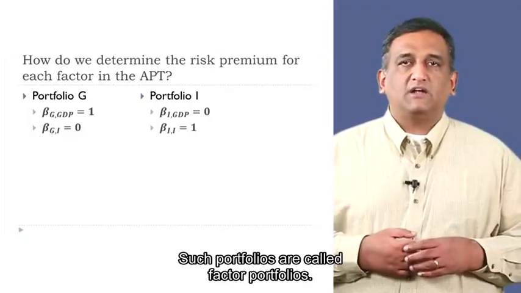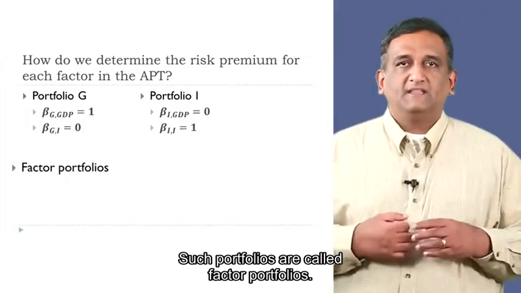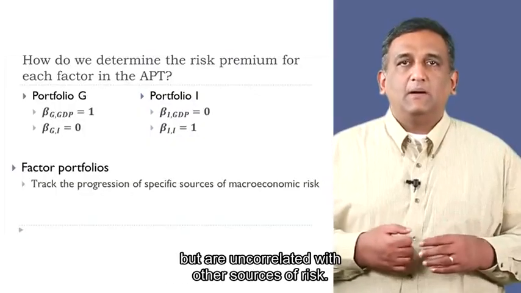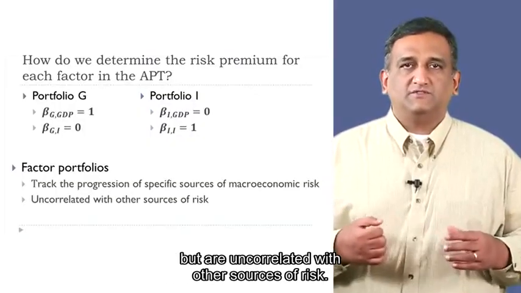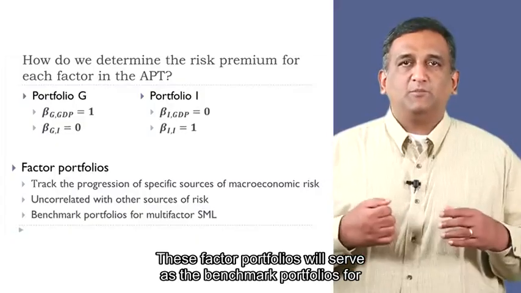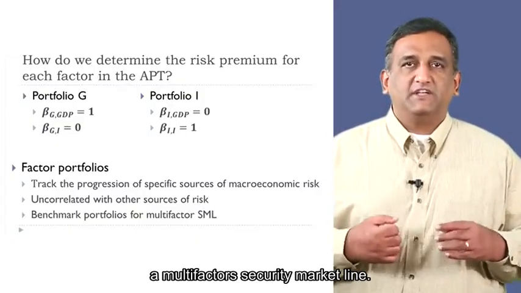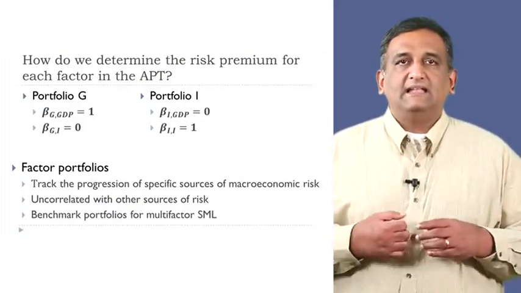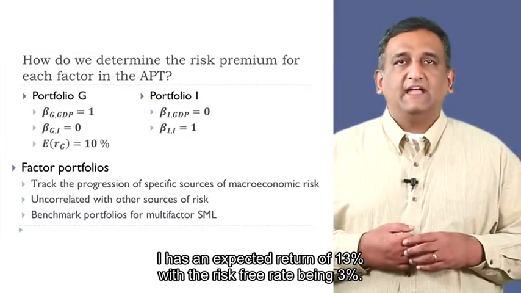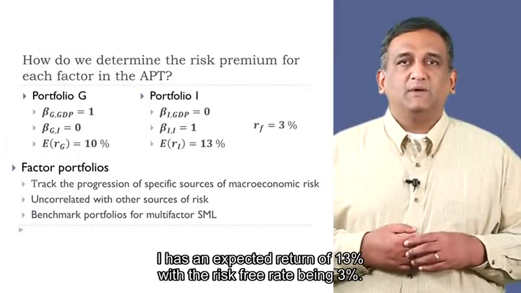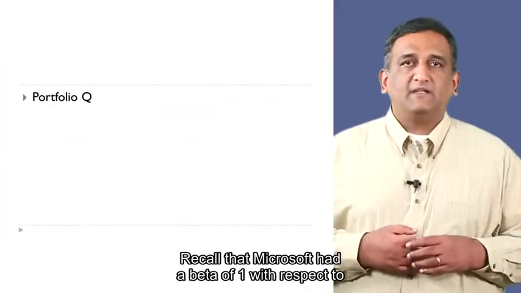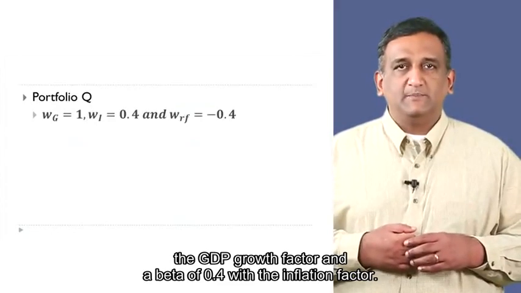Such portfolios are called factor portfolios. They track the progression of specific sources of macroeconomic risk but are uncorrelated with other sources of risk. These factor portfolios will serve as the benchmark portfolios for a multi-factor security market line. Let's say that G has an expected return of 10% and I has an expected return of 13%, with the risk-free rate being 3%. Recall that Microsoft had a beta of 1 with respect to the GDP growth factor and